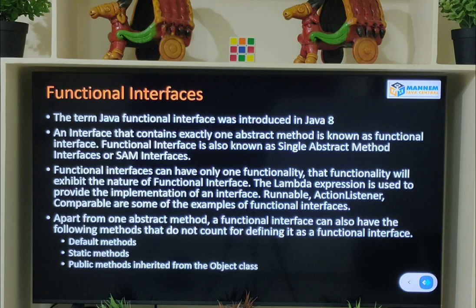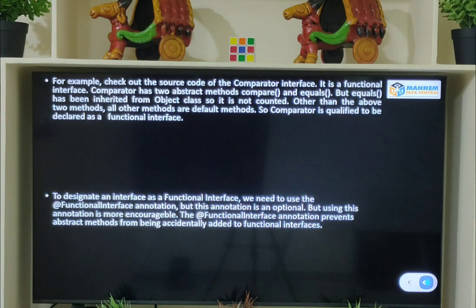And again he will shoot one more question at you. Are you sure a functional interface contains only one abstract method? Your answer is, of course, a functional interface can contain only one abstract method, but along with that abstract method, the functional interface might contain default methods as well as static methods, and also a few methods which are inherited from the Object class. The best example for our explanation is to check out the source code of the Comparator interface.